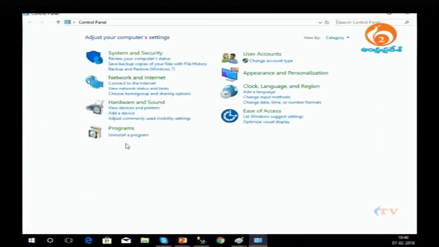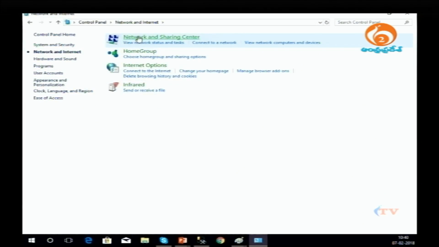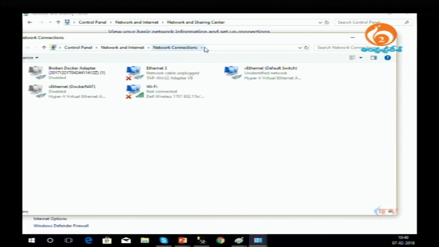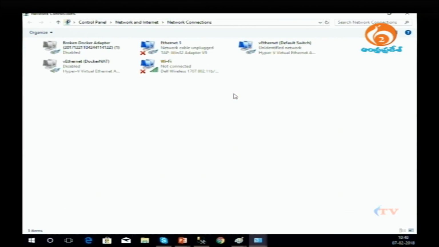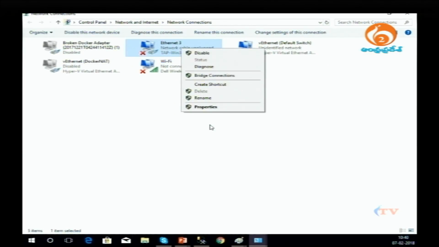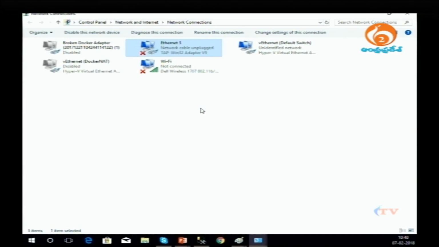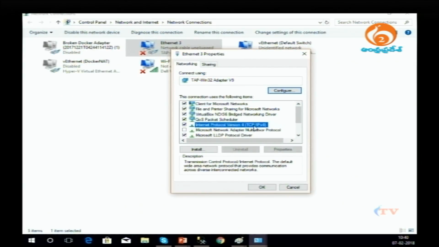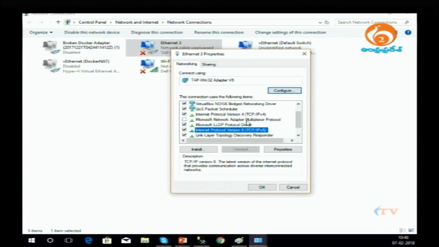Hope you can see this, right. Now, let us go to network and internet settings, right. So, you can go to Network and Sharing Center, right. Let us go to adapter settings. Then here, if your machine is connected to the internet, let us open its properties, right. Then you can see that there are two kinds of protocols here. One is TCP/IPv4, the other is IPv6, and these two work in a similar way,